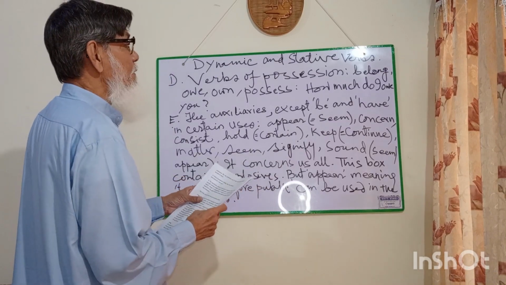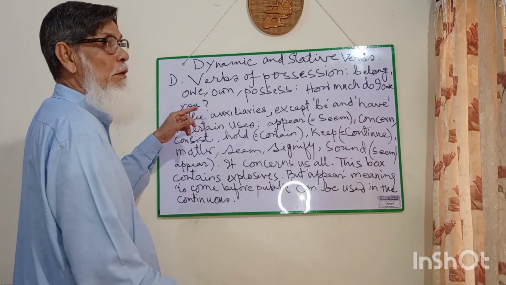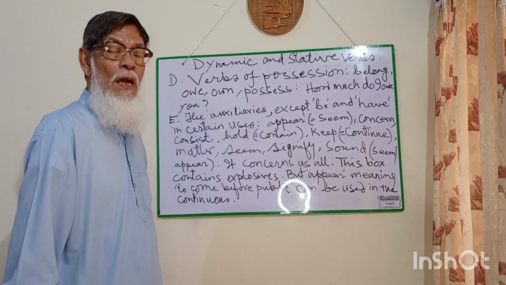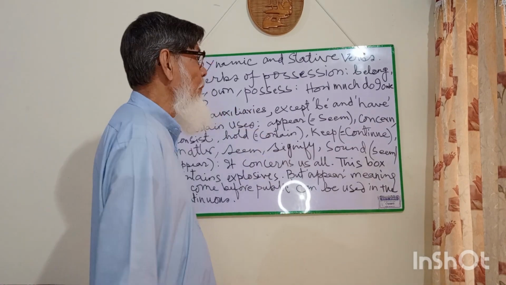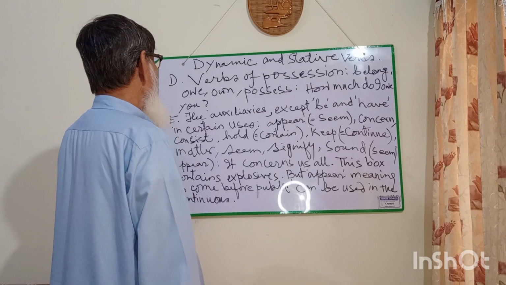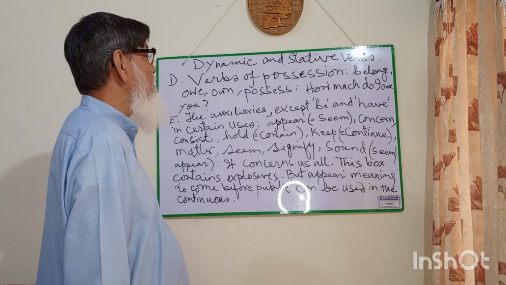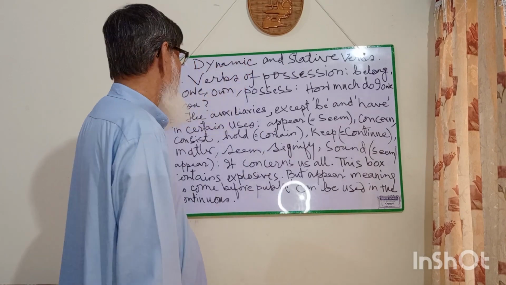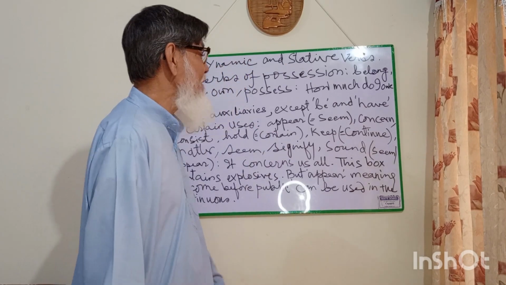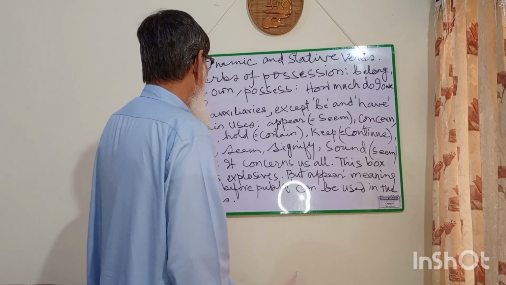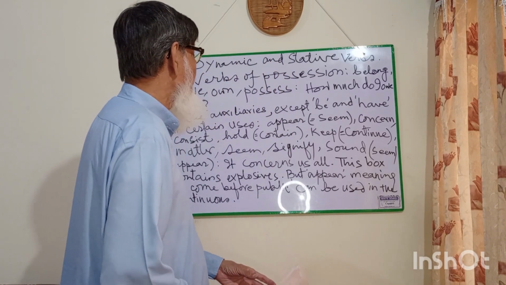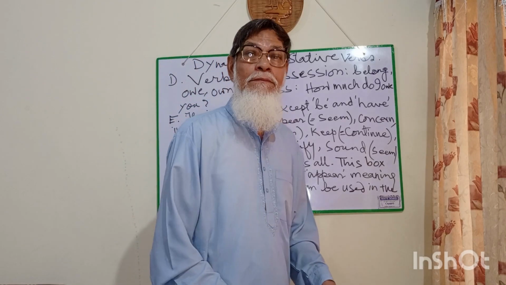D. Verbs of possession: belong, owe, own, possess. How much do I owe you? E. The auxiliaries except be and have. F. In certain uses, appear means seem,